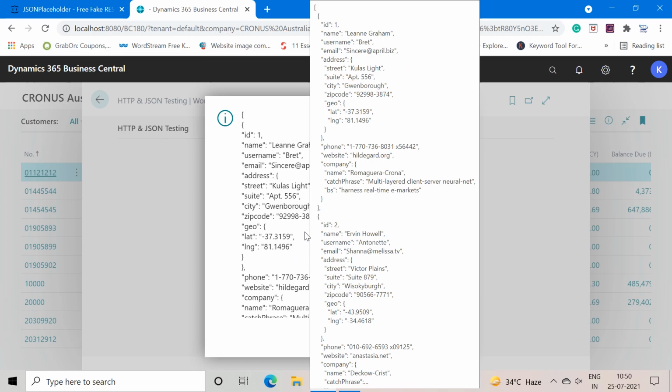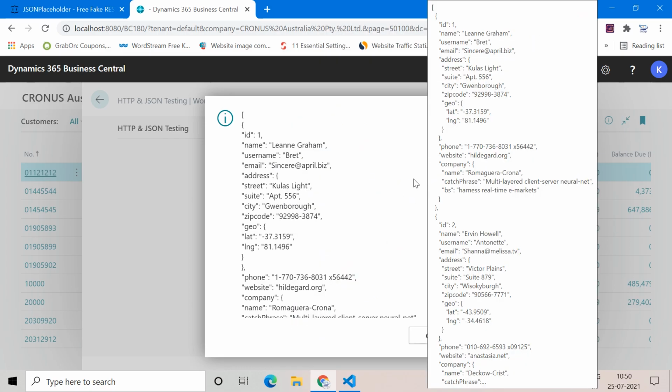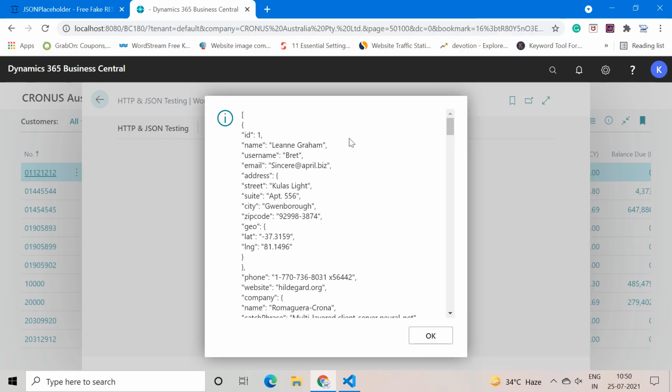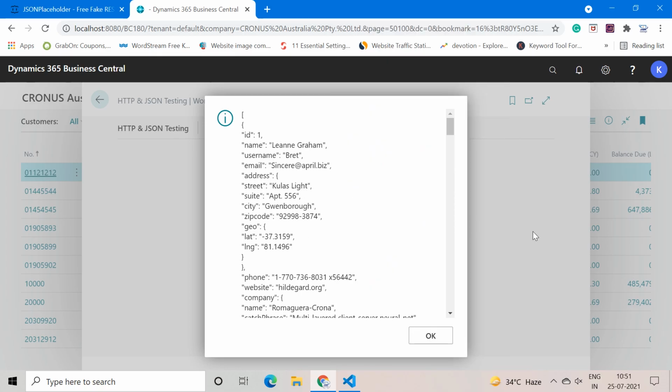Now in today's video, although we have successfully managed to call an API and fetch the data using the get function, as we can see from the result in the message box, the data is coming up in the JSON format. Now our next step is how to read this JSON data and store it in the Navision tables. Or sorry, I'm using the wrong naming convention. It is not Navision but Business Central.